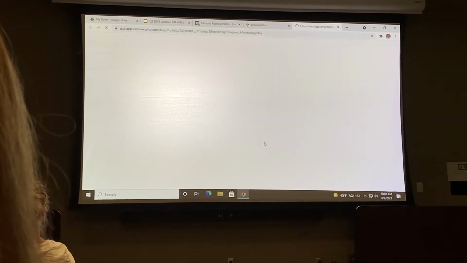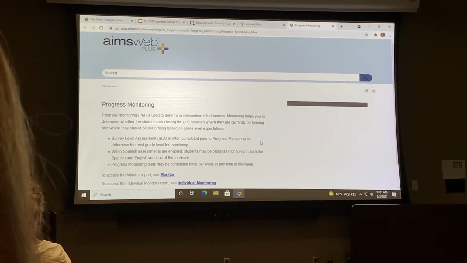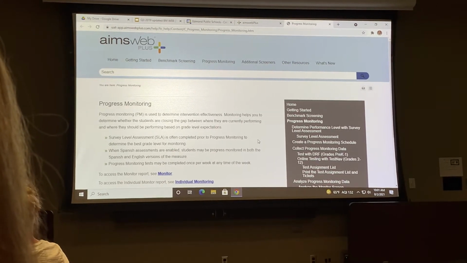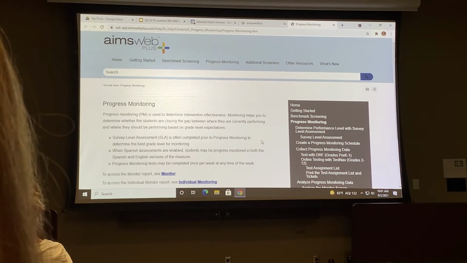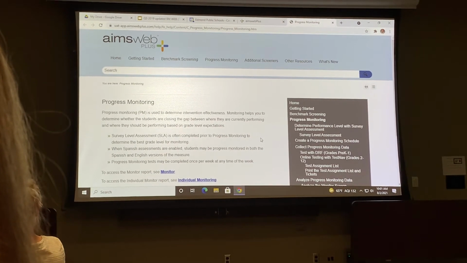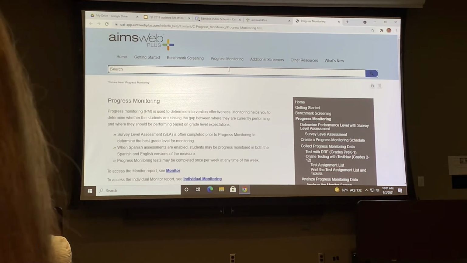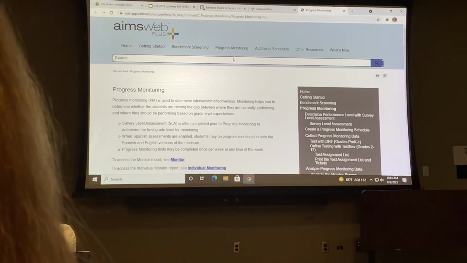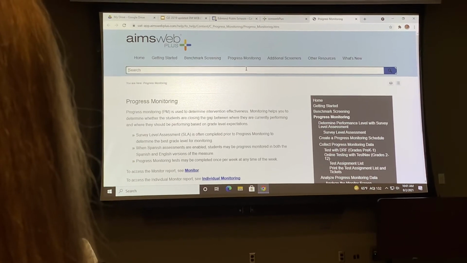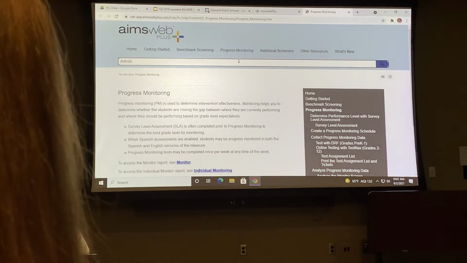So if I click how can we help, you'll notice now it's pulling automatically to start with information on progress monitoring, okay? Now let's just say that you were just on a page and that's not really what you needed help with. The really cool thing is there's a search bar, okay? So if you're like, I know Kyle said something about administration videos, but I have no idea where that is in this help tool. You can just type